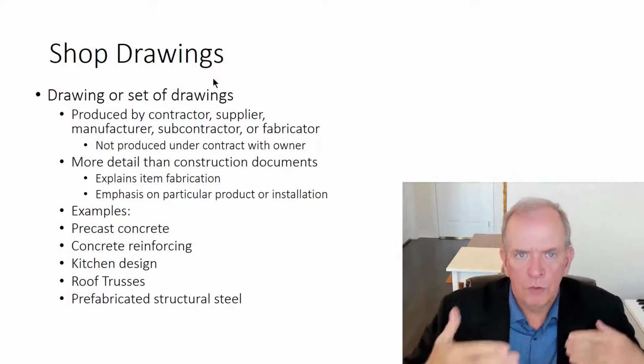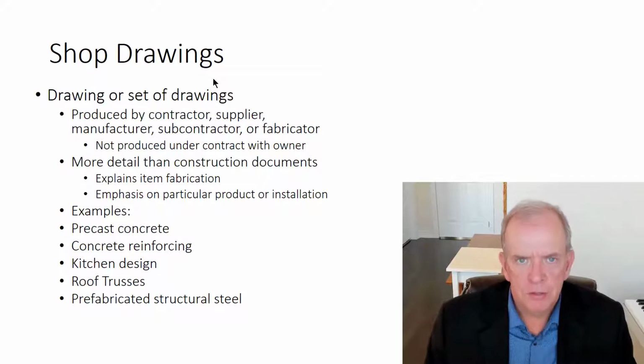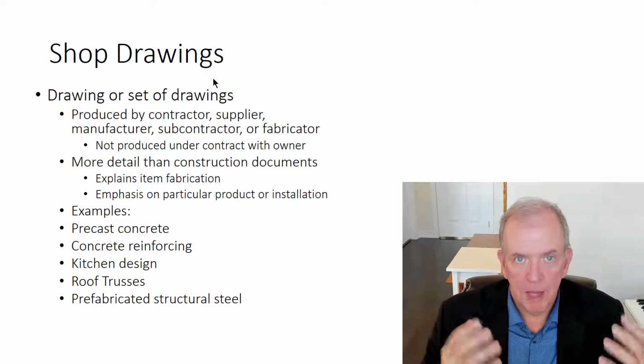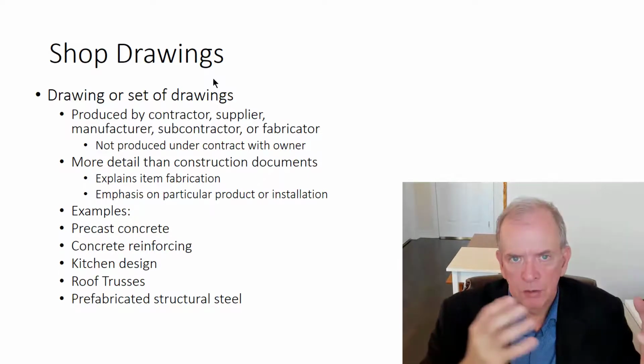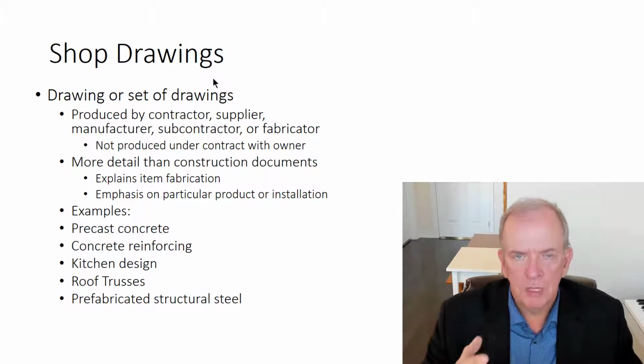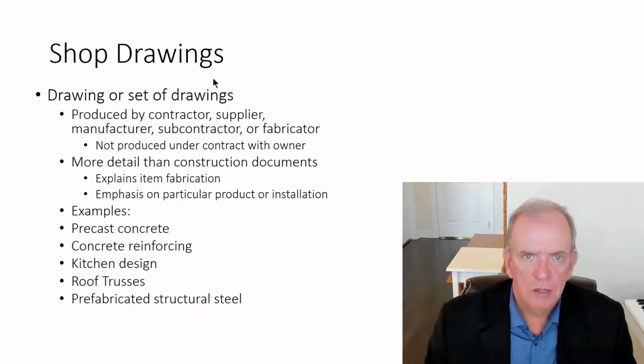is to be placed on the roof and where it is to be placed on the roof, and the fasteners that are to be used for it to ensure that it complies and that it has the capacity to carry the loads in practice. Now, an architect would not be able to come up with that information, or a structural engineer would not be able to come up with that detailed of information that the actual manufacturer is going to use. The manufacturer is taking the engineer's requirements. They're also making sure that it complies with the building code, and then they're putting that together to make sure that their product will comply with building code regulations, and hopefully it'll comply with the intent that the engineer had